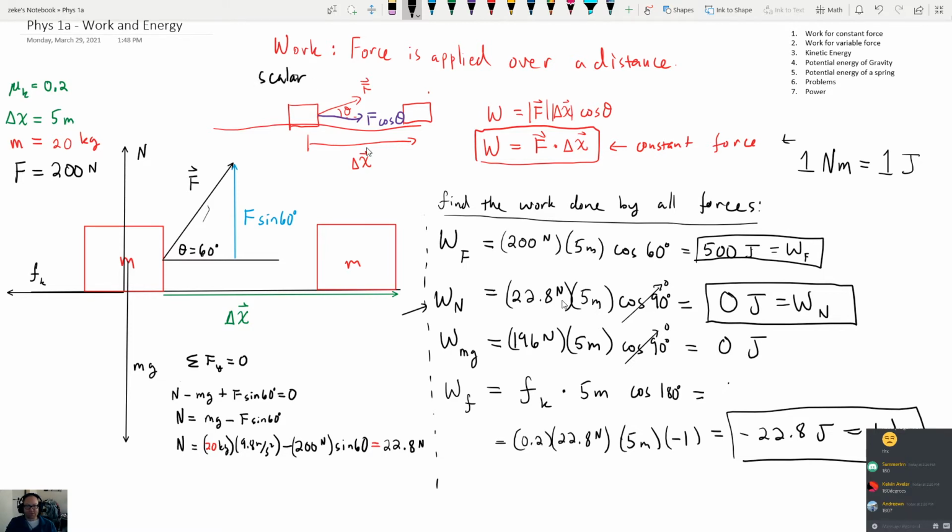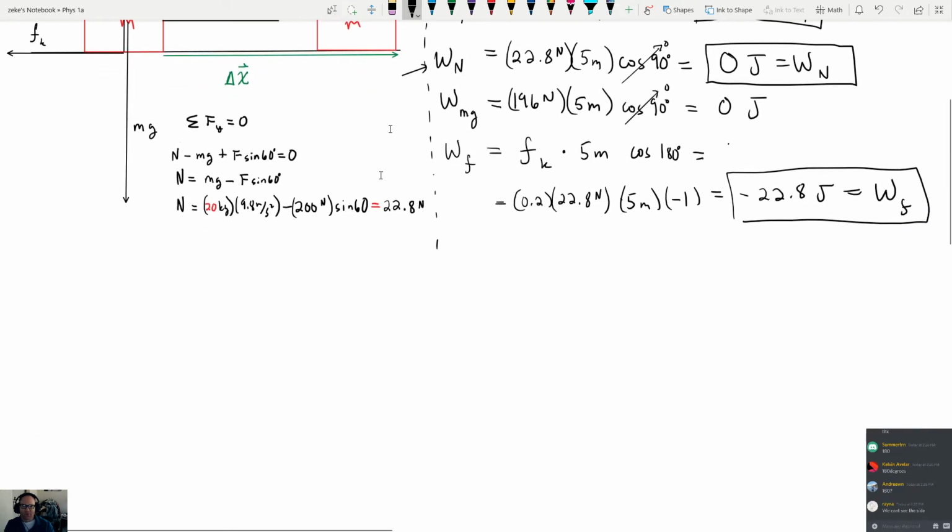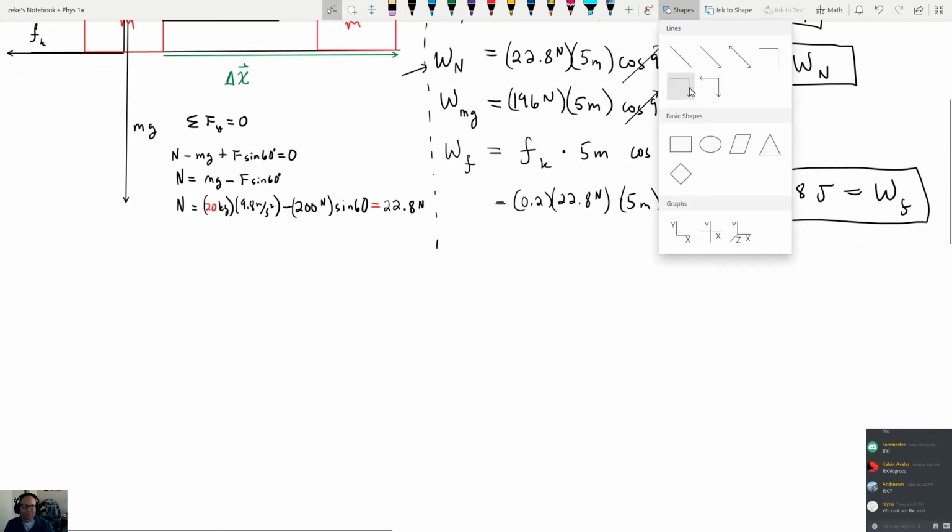So the units are joules, it's a scalar, it can be 0, it can be positive, it can be negative. Work done by friction is almost always going to be negative, because friction tends to oppose motion, right? Now to answer the question that you asked, Summer, suppose that instead of moving along a flat surface, instead we